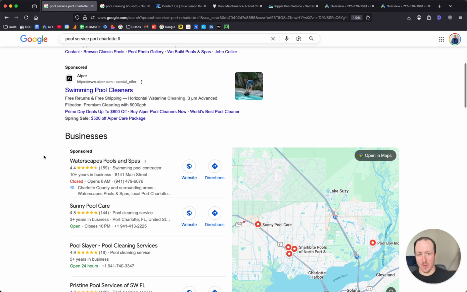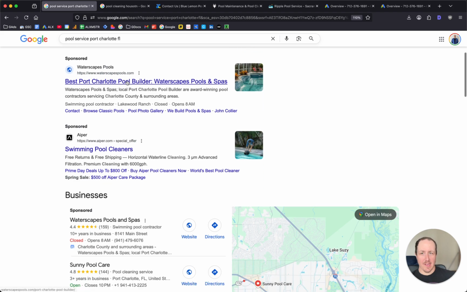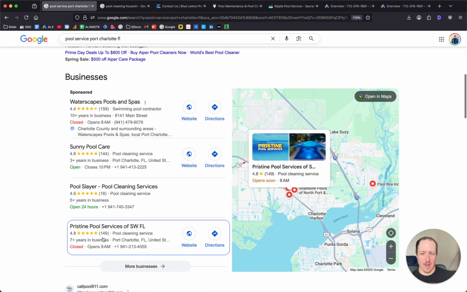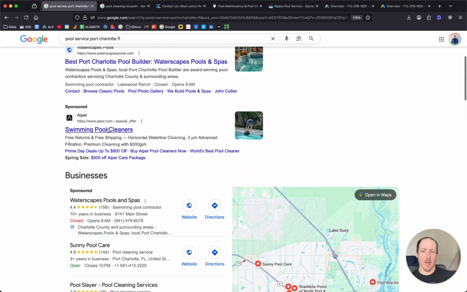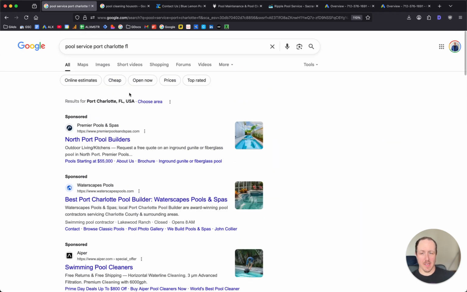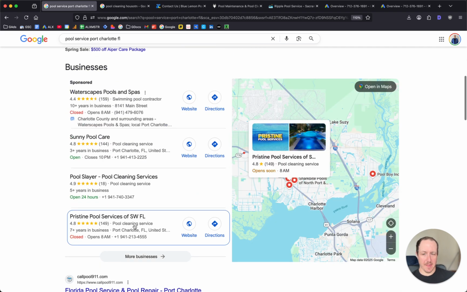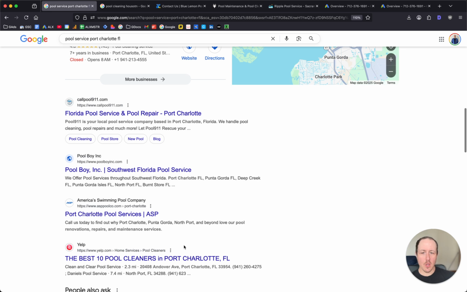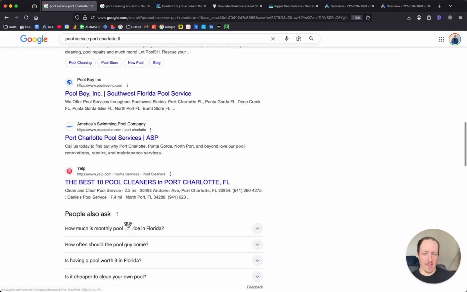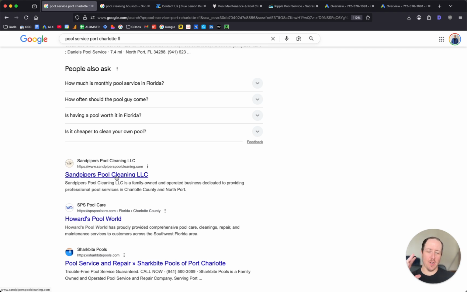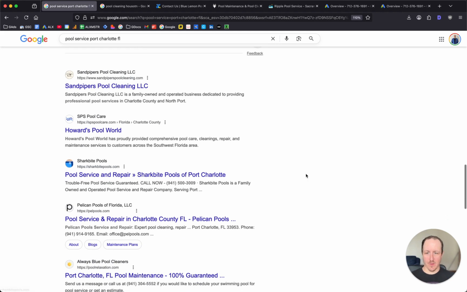And then, right, so why you should be running ads? For one, your competitors have no idea what they're doing. Two, along with ads, you're going to have Google Business Profiles, the maps section. So there's 3, sometimes 4 businesses here that will be showing up. A lot of people will be clicking on this. A lot of people will also be clicking on local service ads. And then finally, they're going to be clicking on maps. And then after all of that, we get to the actual organic results. The majority of people have already clicked on something, have already gotten in touch with the company, right? And even in the organic results, you're competing with really big brands, as well as Yelp, people also ask section, and other directories,